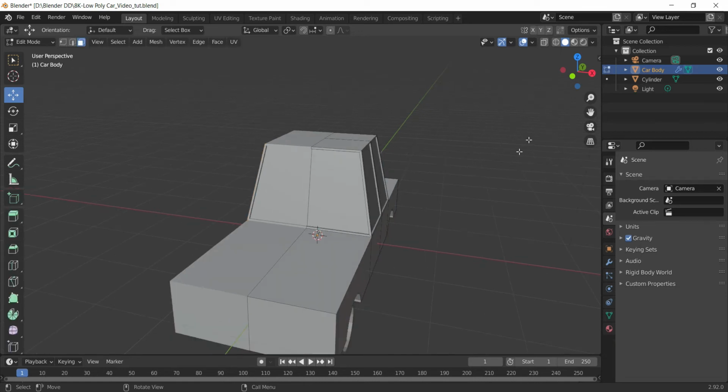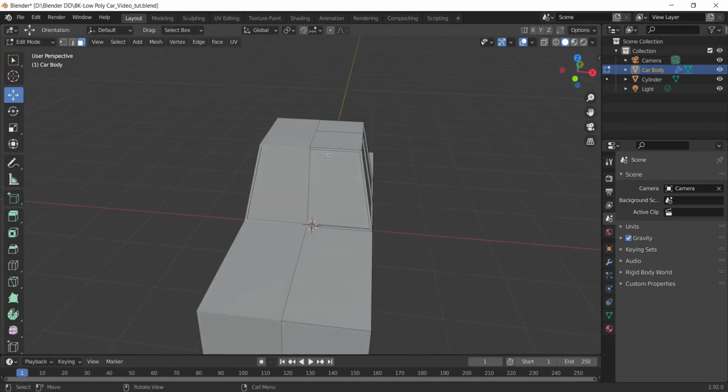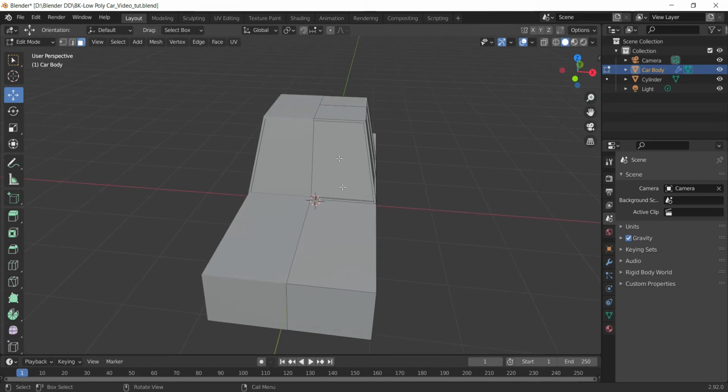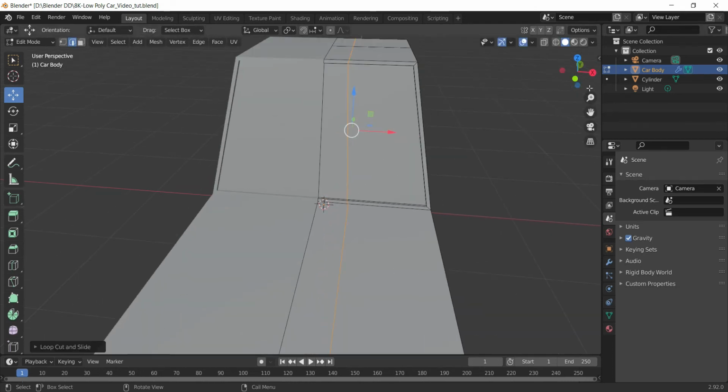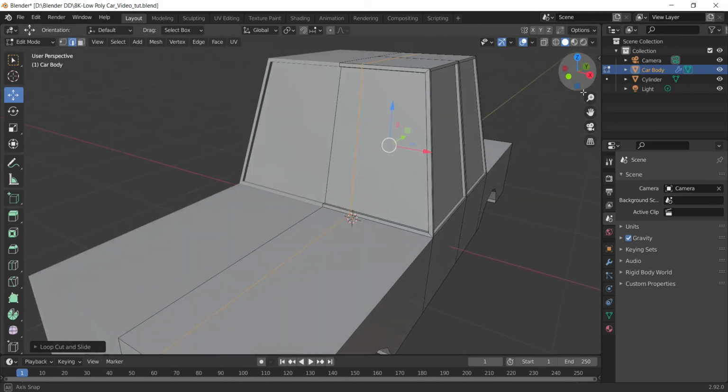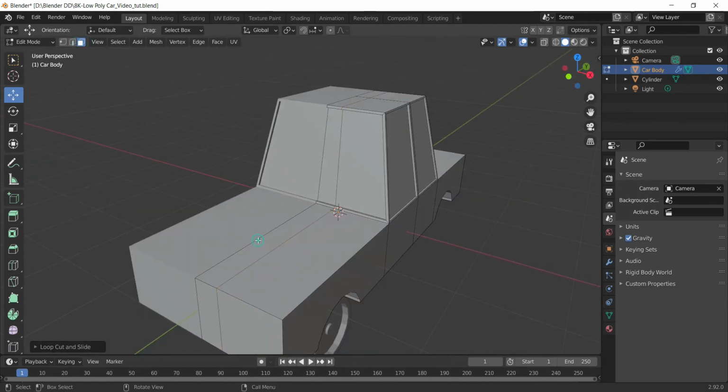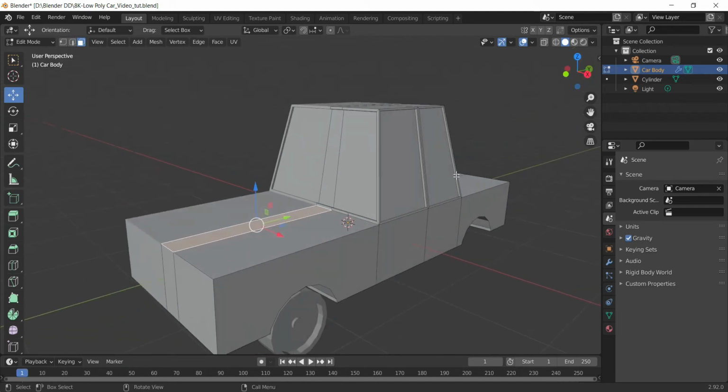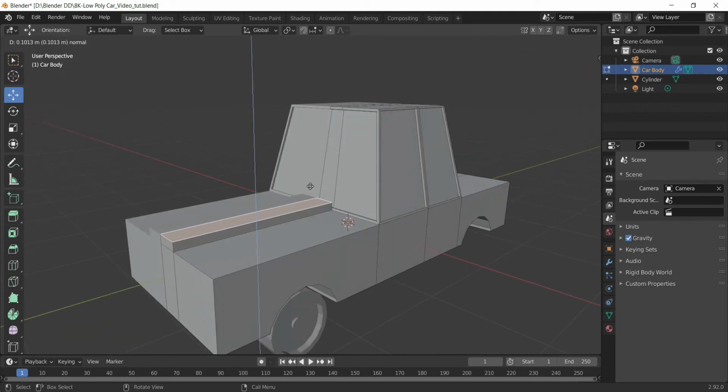So I'll come to the edit mode and I'll simply insert a loop cut on my car along these edges. So I'll press Ctrl R, insert the loop and push it a bit towards the left side or to the center, because if I keep it center, then the exhaust for the engine will become very much wide. So I'll keep it here, and then into the face mode I'll select this face and I'll extrude it upwards like this.